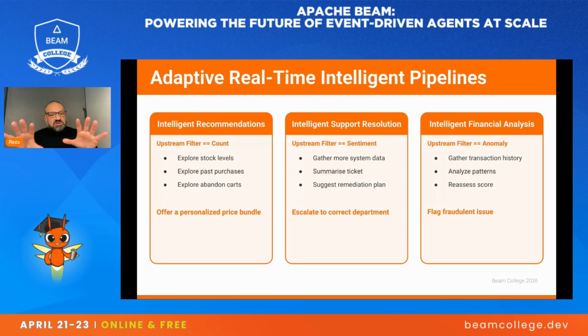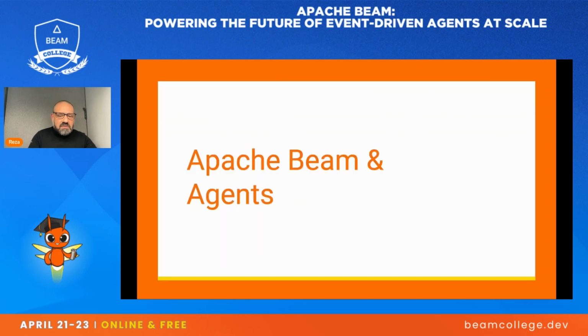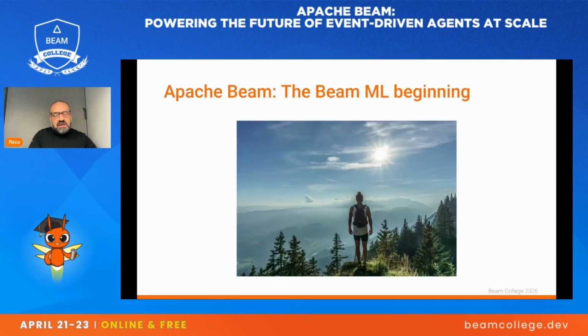So these were some examples of how we want to use some filtering, and then the kind of things an agent can do and adapt to when it's in the pipeline. So let's think about what are the things where Apache Beam can help ensure the agent gets the right things it needs to do what we want it to do from the business point of view. And something that does help us a great deal in this space comes from the work that the community did in developing Beam ML.